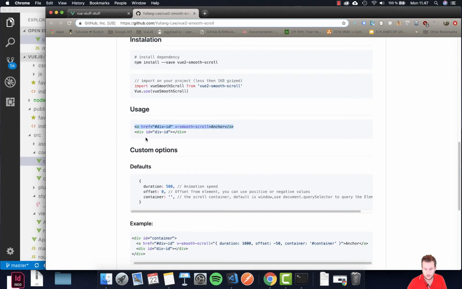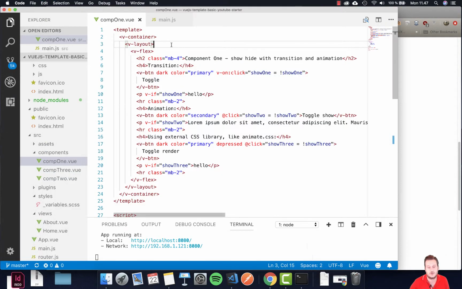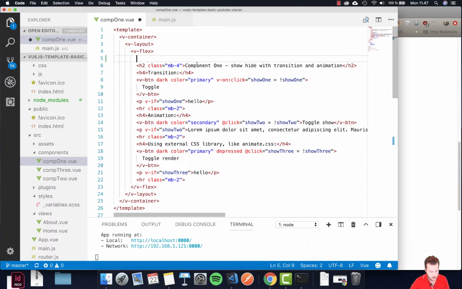There's many more of these, but for the smooth scroll, I like this one from this Vue one here. There's more plugins for this. But I'm going to copy the first one here with an href, and I'm just going to put it on top of everything. So I'm just doing it here. So href is the anchor for a block called div ID, and if you call this part 2 or section 4 or whatever you do,